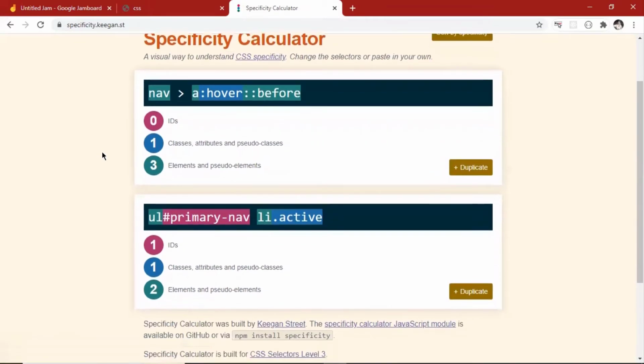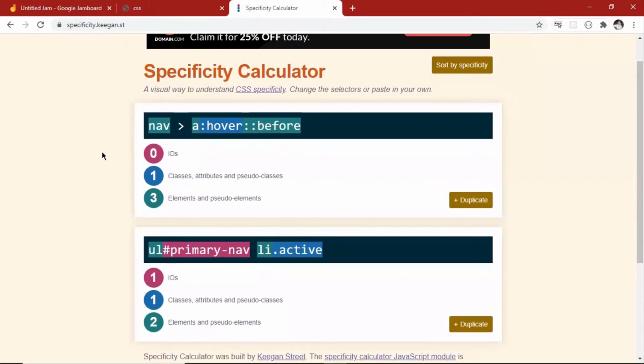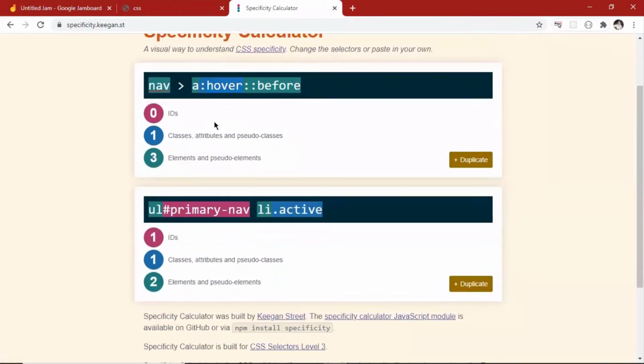But it might happen that there are many classes, attributes, and pseudo classes, and you have to rank them in order to select them. So in order to rank them, you give them a specificity. As you can see, right here, there is no id, so id is 0. There is class 1, and elements or pseudo elements is 3, like a, hover, and before. So the score is 13.